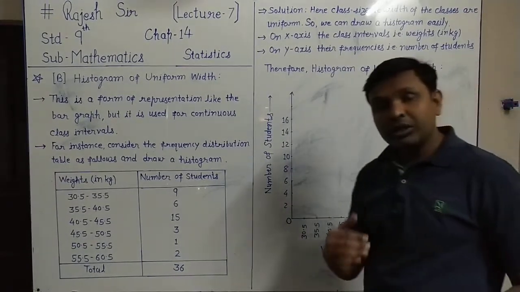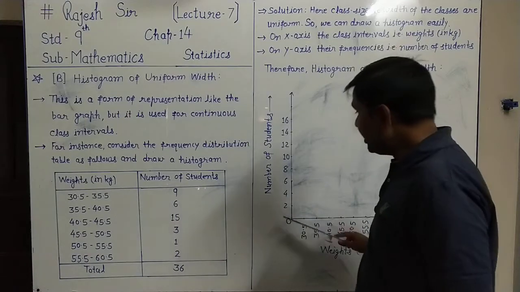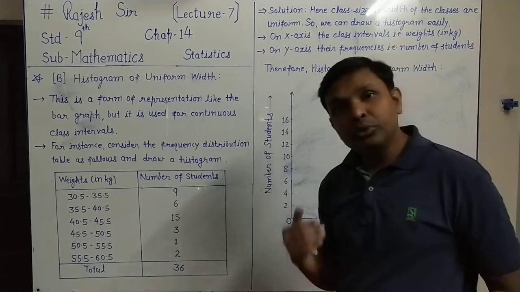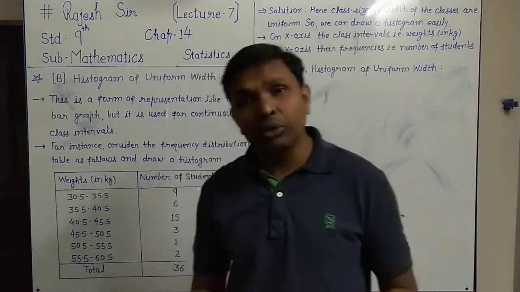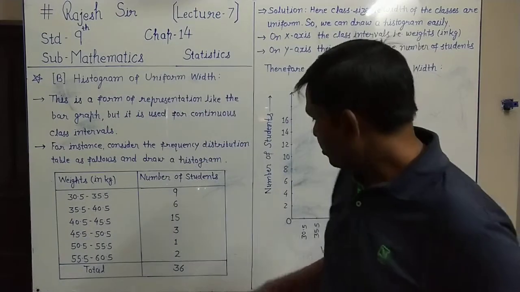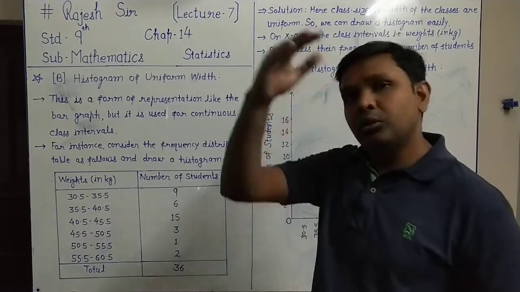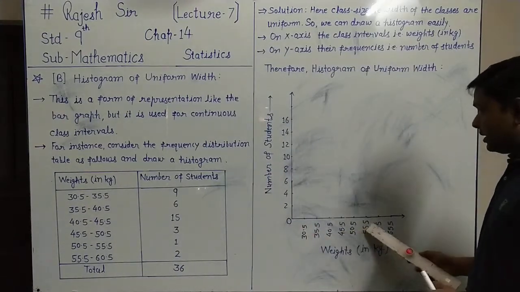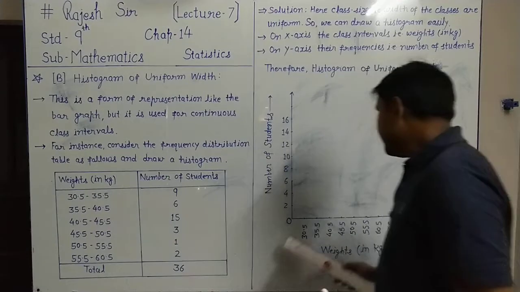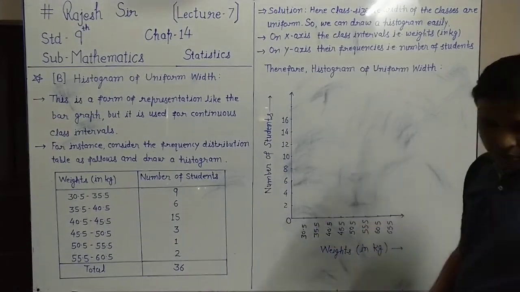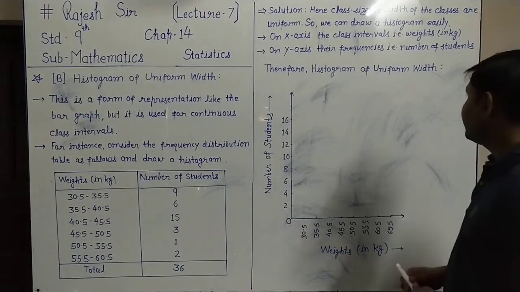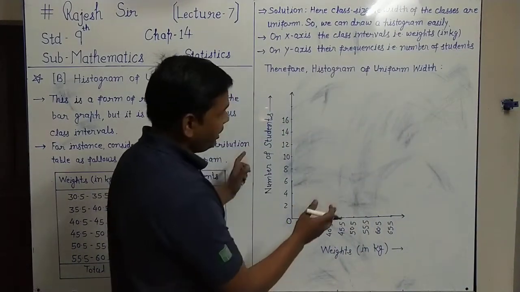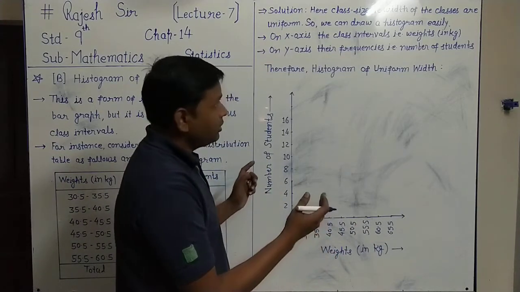In your graph book or graph page, you may show it all by taking 1 gap only. So when you are drawing on graph paper, it is suggested to take 1 gap only, not 2 gaps. Then also the whole graph will come on your page. Here 5 kilograms is taken as 1 centimeter. So always make a practice of writing the scale also. Whenever you draw a graph on the page of your graph book,